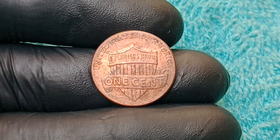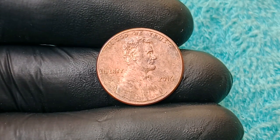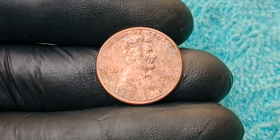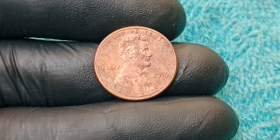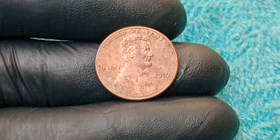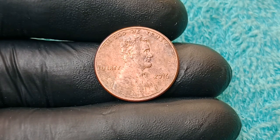The thought of owning a coin that could fetch millions in an auction, merely because of a strike error, captivates the imagination and spurs action. With every penny, there lies the possibility for a remarkable tale. Ultimately, we are left with a shared recognition that coins, particularly those with noteworthy error manifests like the 2016 1-cent coin,